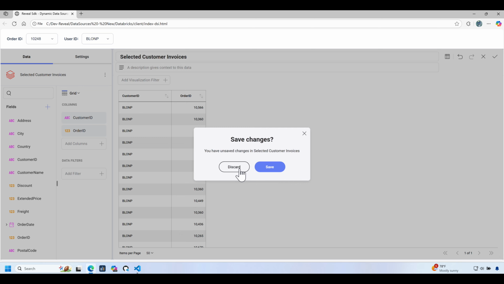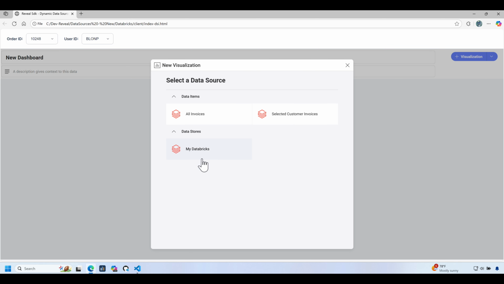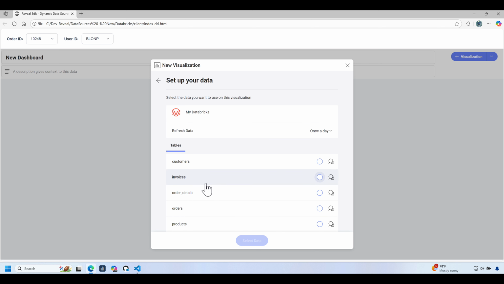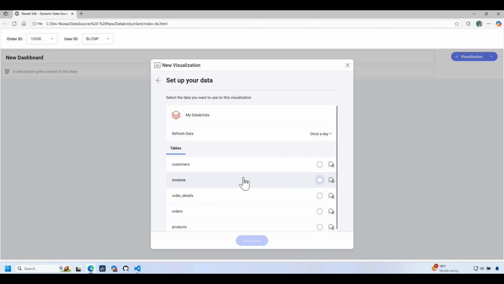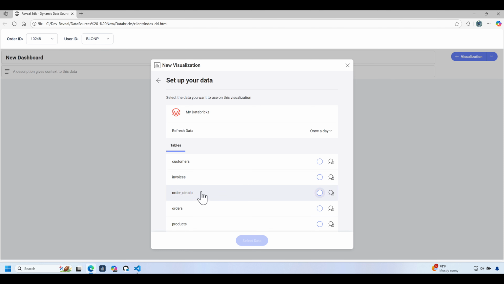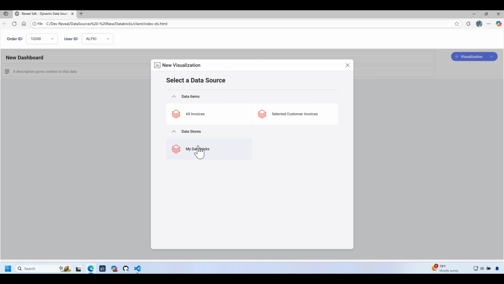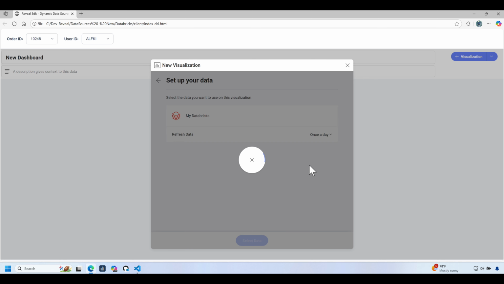We'll discard this. And let's take a look at our data sources now. So let's click My Databricks. And remember, this has the filtered or allowed tables for BlomP, which is the role admin. So I've got customers, invoices, etc. Let's close that out. Let's log in as Alfkey, plus visualization, My Databricks, and we should only see customers and